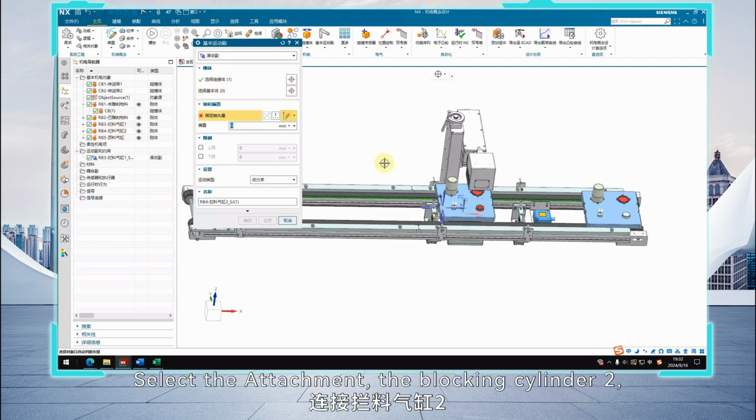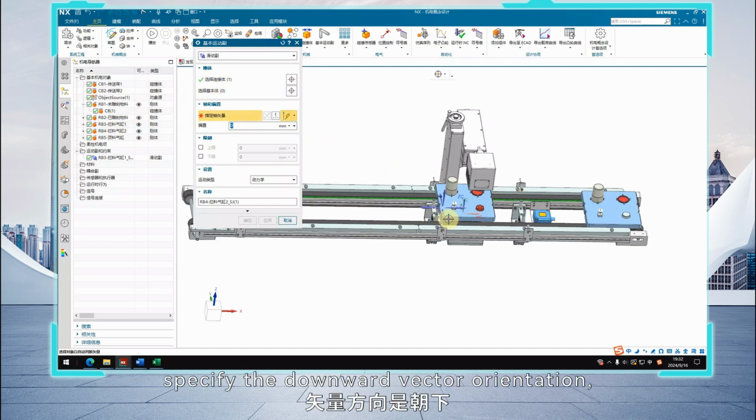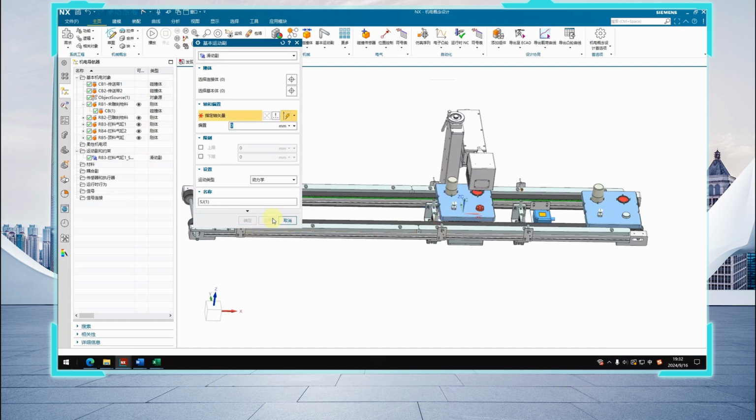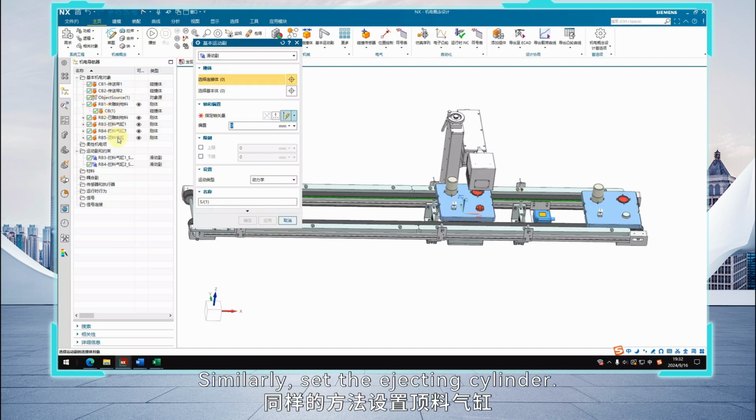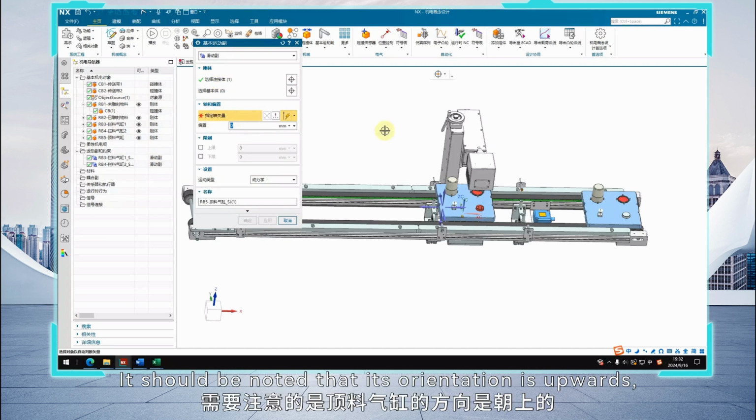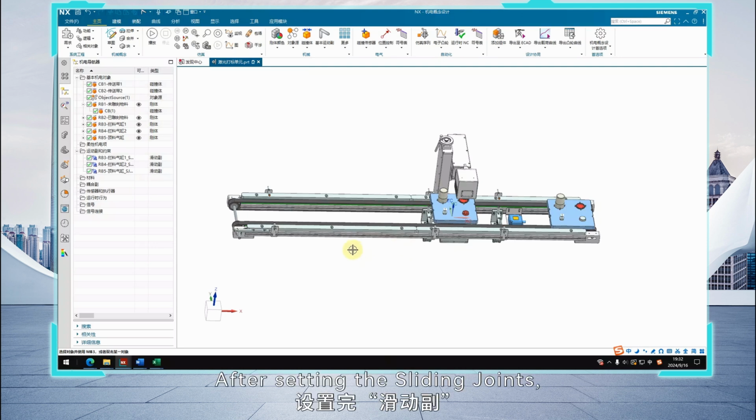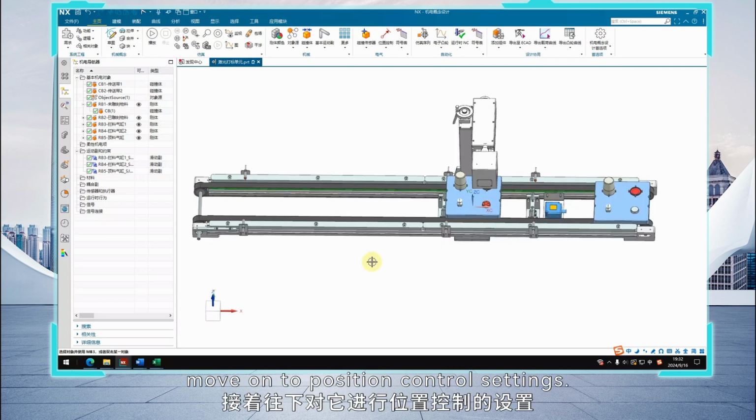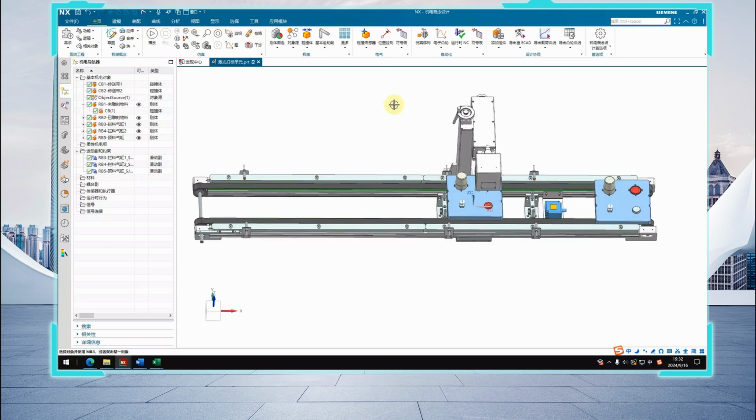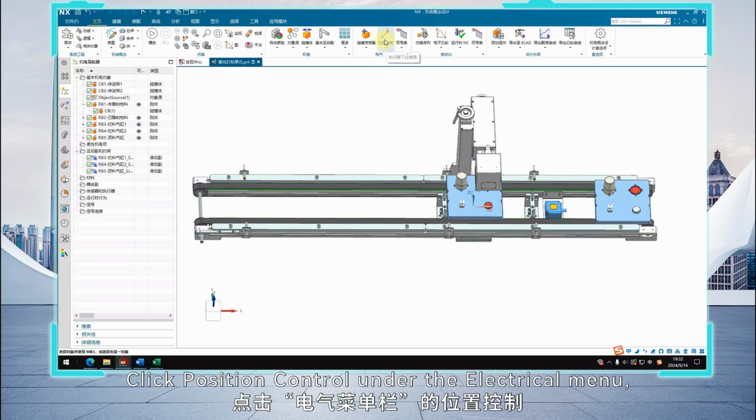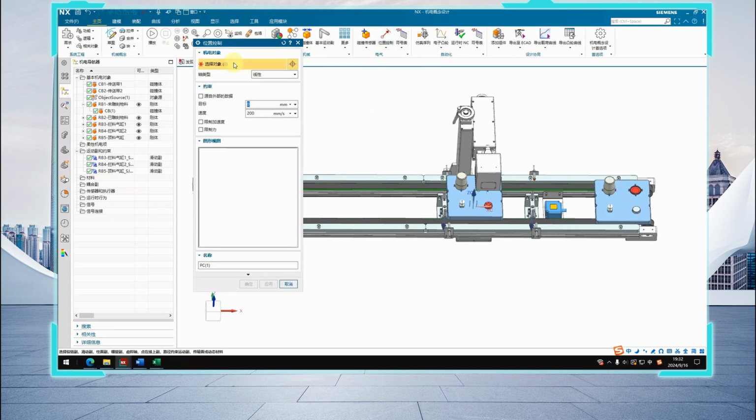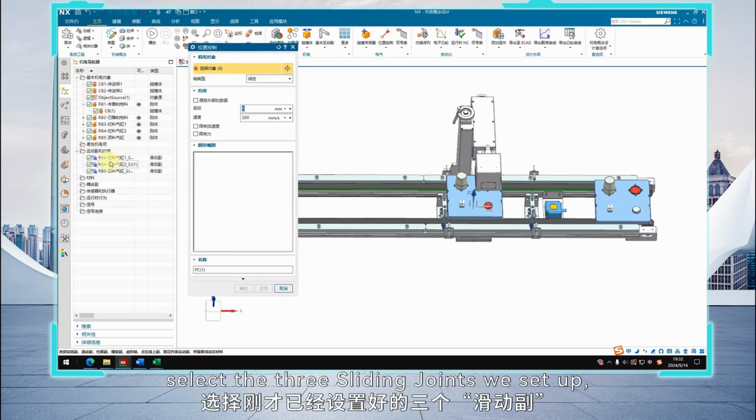Select the attachment, the blocking cylinder 2, specify the downward vector orientation, and click Apply. Similarly, set the ejecting cylinder. It should be noted that its orientation is upwards, and click OK. After setting the sliding joints, move on to Position Control settings. Click Position Control under the electrical menu. Select the 3 sliding joints we set up,